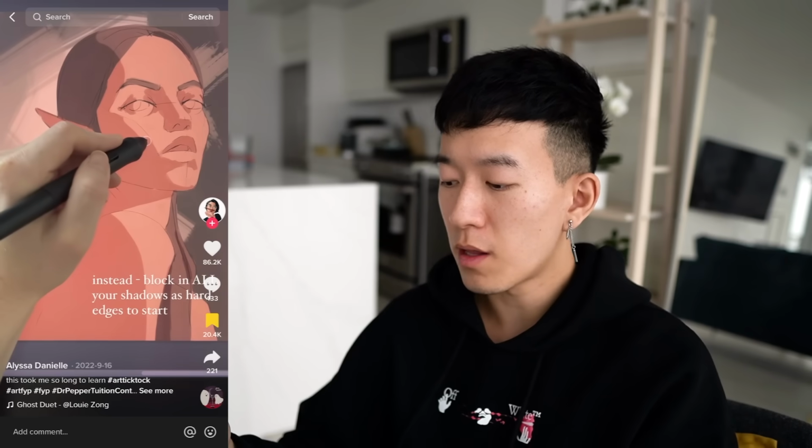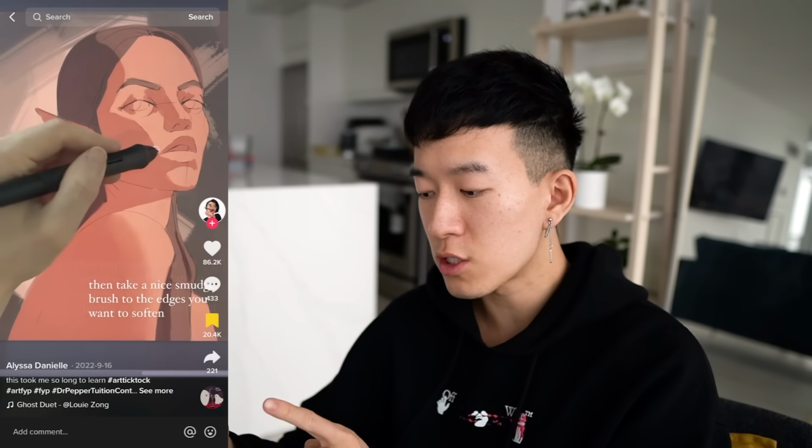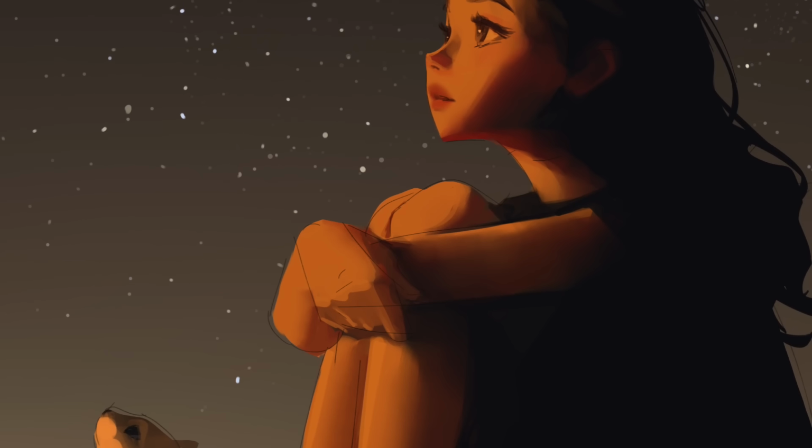And point number 6, this one is really important and it gets a little bit more technical from here, but let's take a look. Beginner tip: throw away your airbrush. Instead, block in all your shadows as hard edges and then take a nice smudge tool to soften your edges. Now, you don't necessarily have to follow this workflow, but this is something that I like to do for my work as well. The reason being, when you look at anything in real life, there's always going to be a